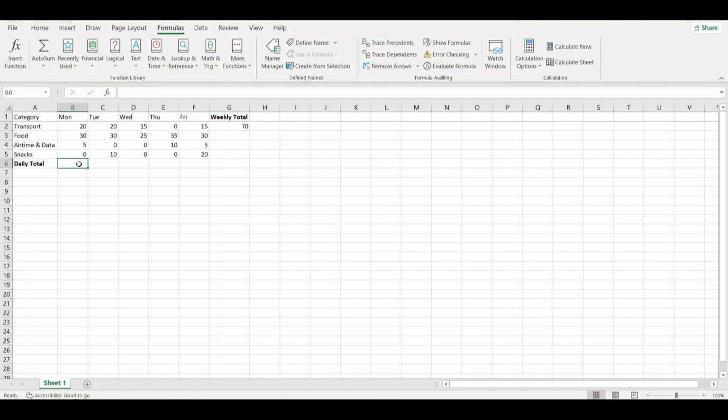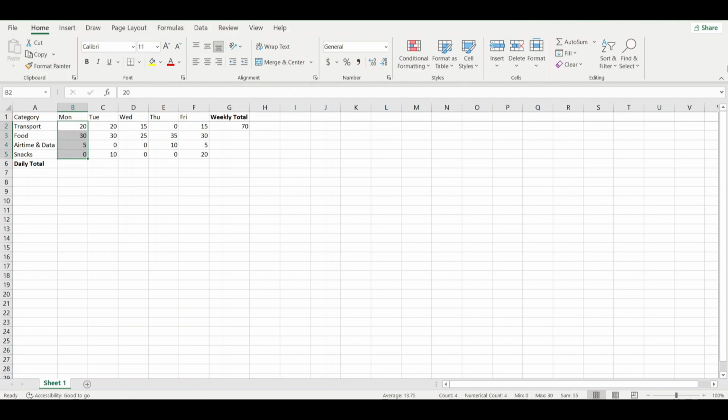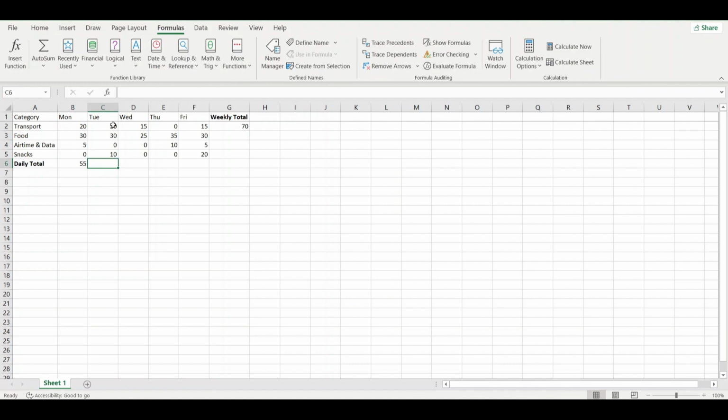Another way we can use this formula would be to use the AutoSum. We can do this by highlighting the cells we're working with and then going to the Home tab. We'd see AutoSum here, just by the right hand side of the screen, and then we'd click on it. This would sum up the numbers spent on each of these items on Monday. We can also find AutoSum in the formula bar right here. Again, highlight